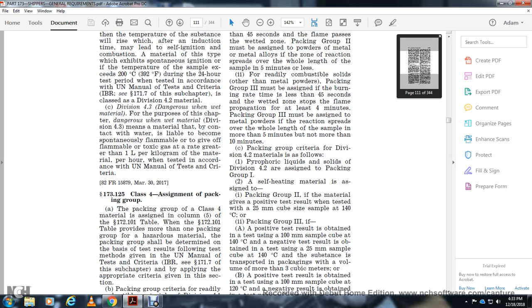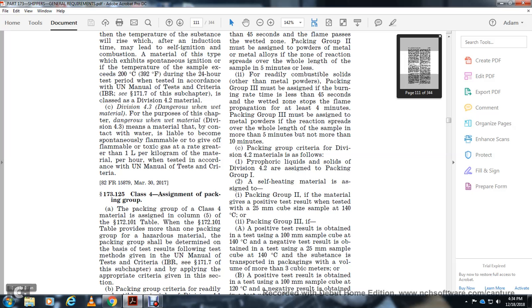173.124, 173.125. Assignment of packaging groups for Class 4 materials is shown in column 5 of the 172.101 table. Where the table provides more than one packaging group for a hazardous material, the packaging group shall be determined based on the test results, following the test method given in the UN Manual of Tests and Criteria